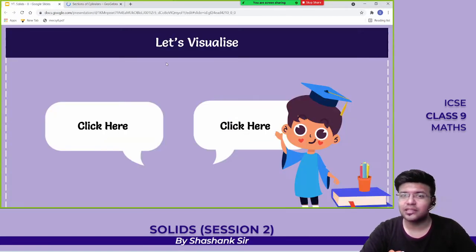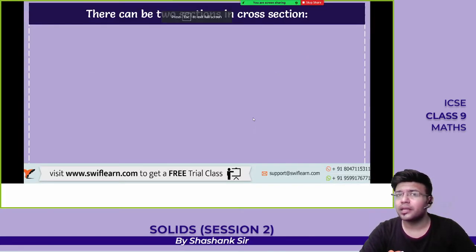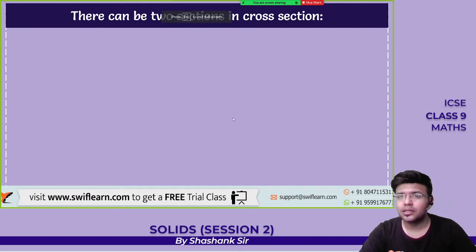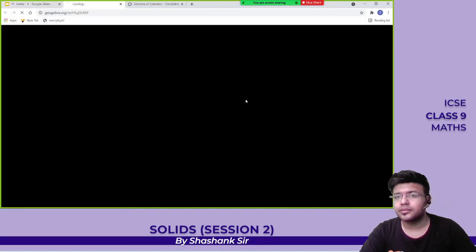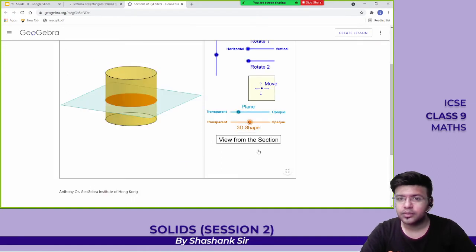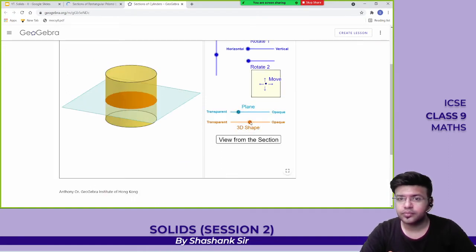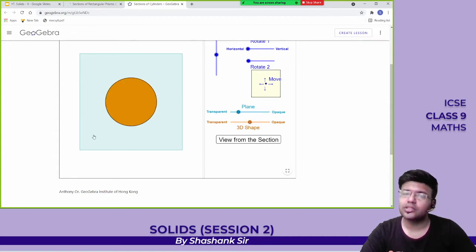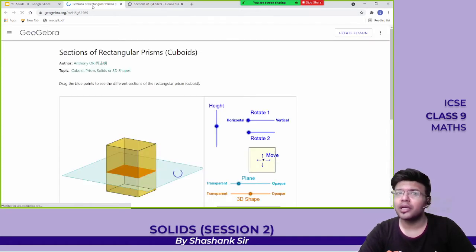If I slice it perpendicular to the base, it is a perpendicular cross section. If I rotate this, what is going to happen? For the horizontal cross section, I'm going to get the same as the base, whereas for the perpendicular cross section,